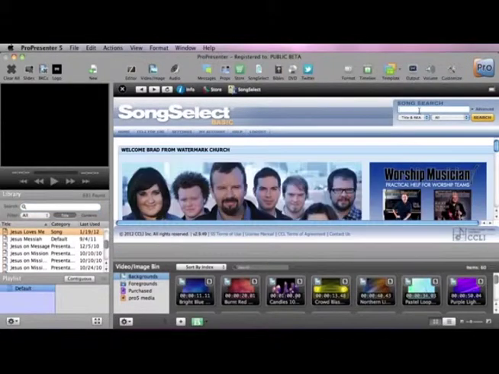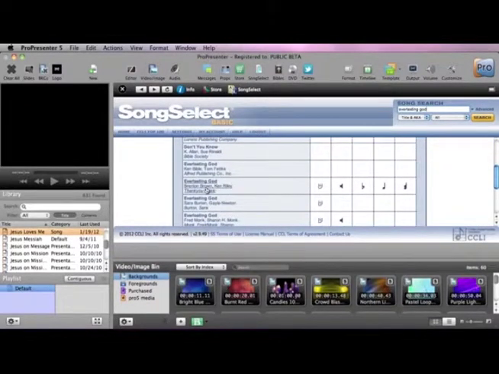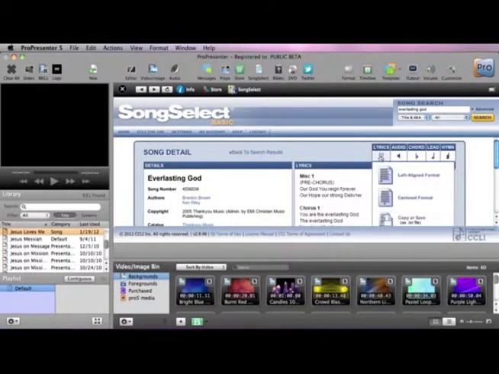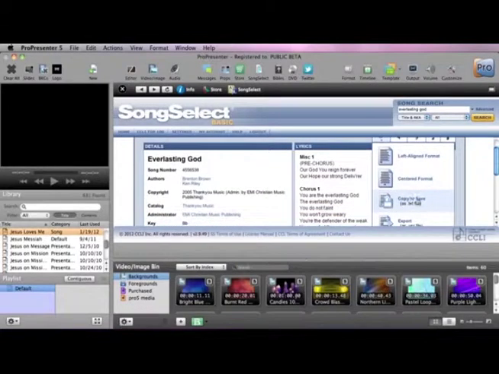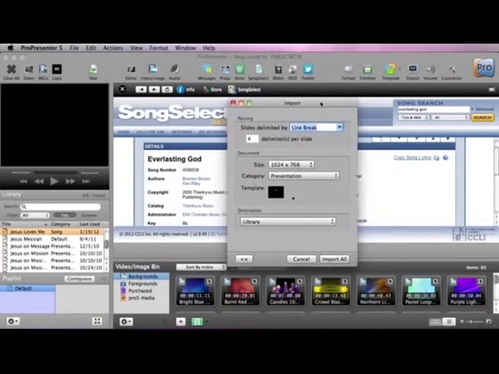We're going to go over to the search field and we're going to search for Everlasting God. And we're going to scroll down and we're going to find this one by Benton Brown. We're going to click on the lyrics. And under this lyric drop-down, you'll see copy or save as TXT file. And when I click on this, ProPresenter is automatically going to recognize it, and it's going to bring up the